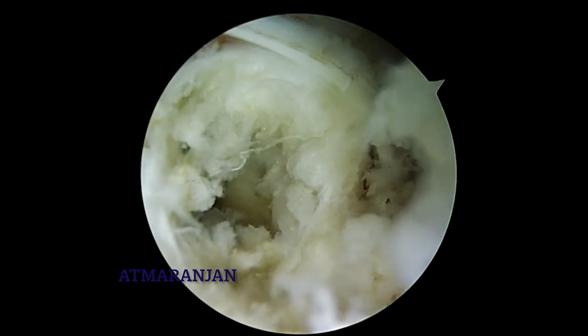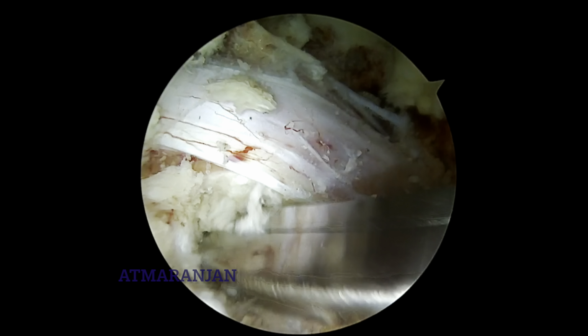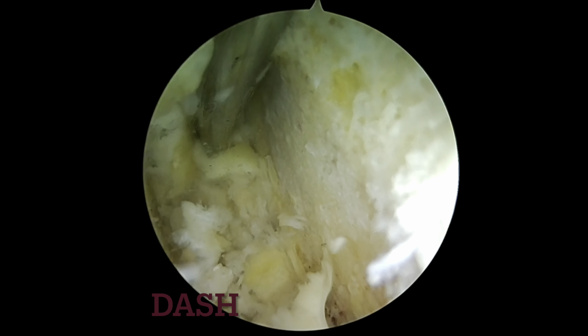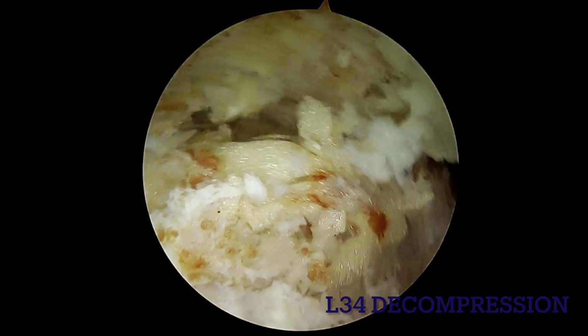You can see the roots are free but somehow little bulged. So we moved in and did the end plate preparation with the dissector. After putting the cage at L4-5 level, we move to the L3-4 level, and now you can see